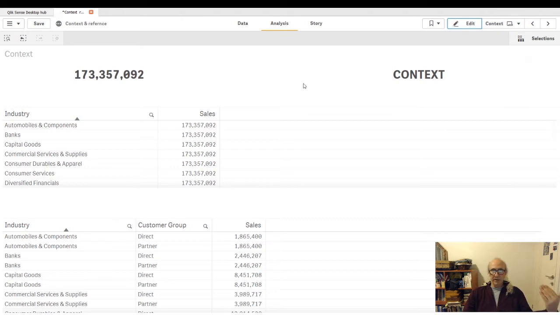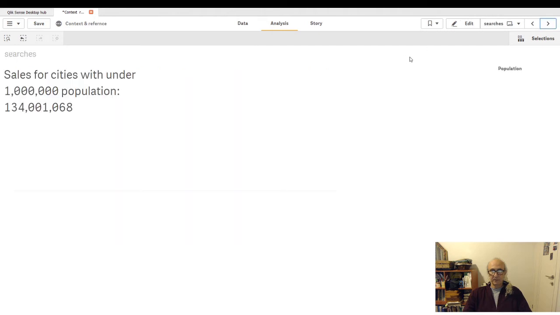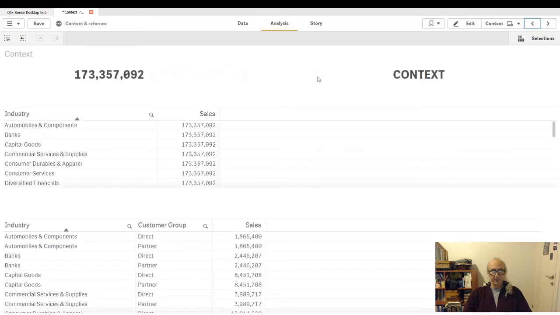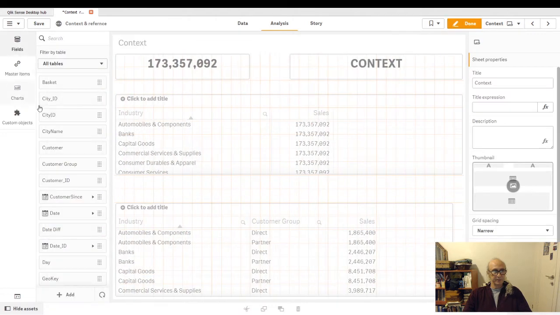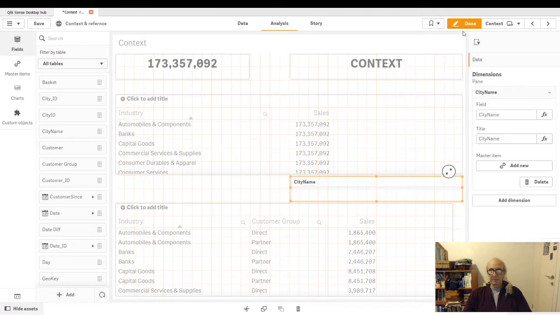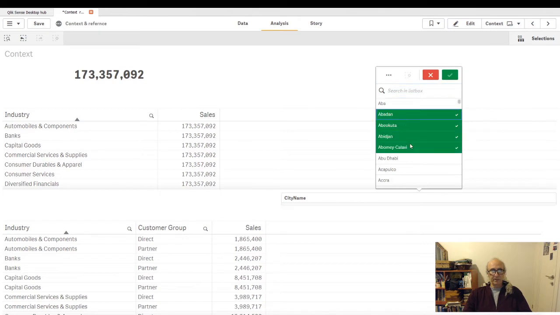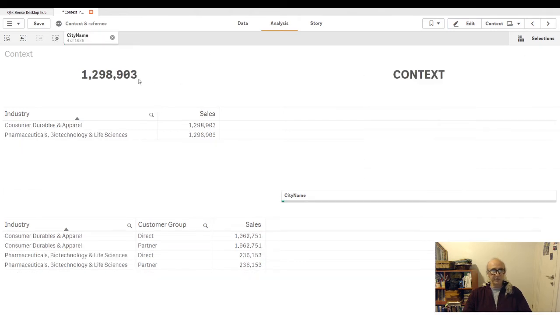We talked about another context, and this context is here. Let's add a dimension, say city name. Put it here. And now, when we select something, again, we see that there is a change in the numbers